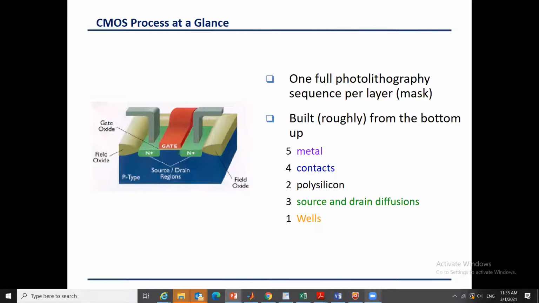As we agreed, the order of the layers is the wells, then the diffusions. We call them diffusion because ions diffuse into the main structure, meaning ions distribute themselves by diffusion into the structure. Polysilicon is really the gate. And of course we have the thin oxide that is naturally drawn and